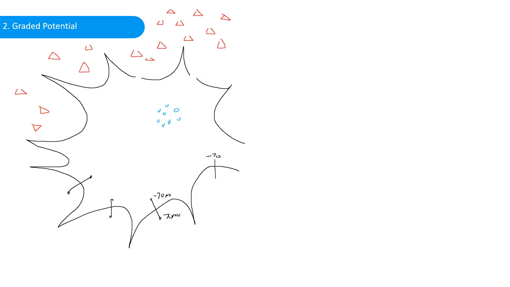Now, let's add another one here. Now graded kicks off. This is the start of where the magic happens. The graded potential has to be stimulated, like I said in the last slide. It needs to be stimulated by temperature, by touch, by another neuron. Something happens that causes